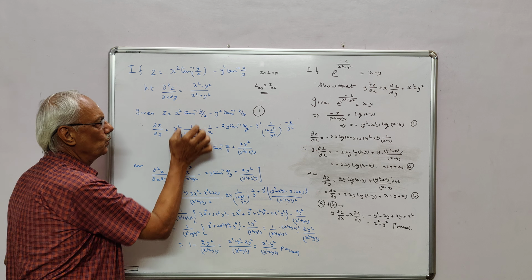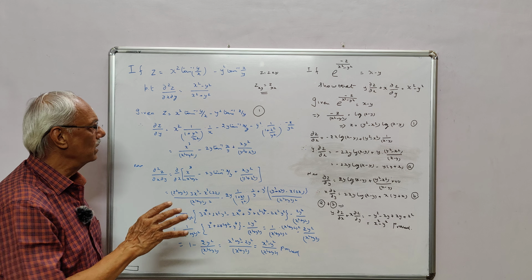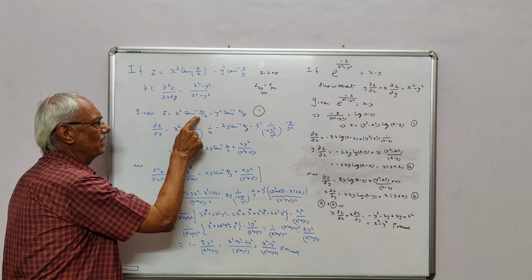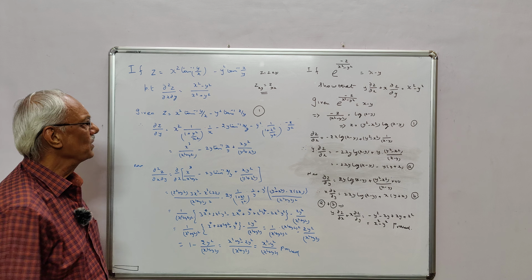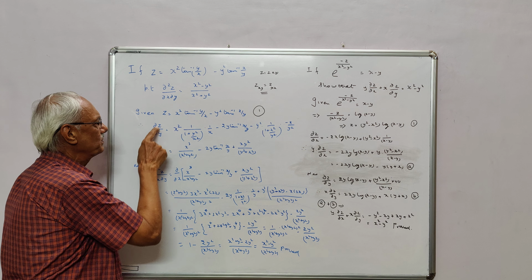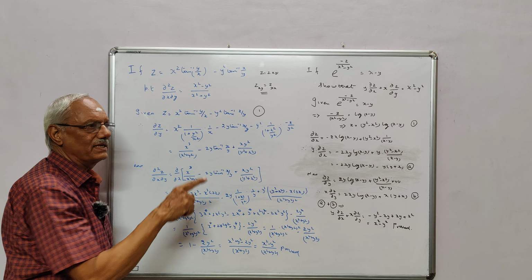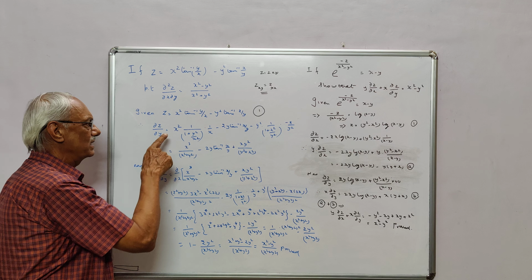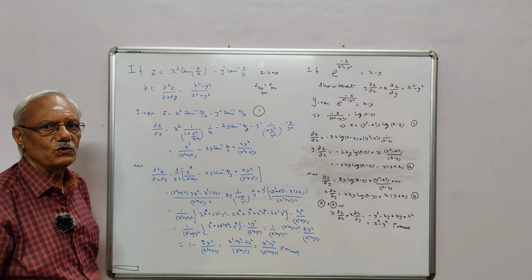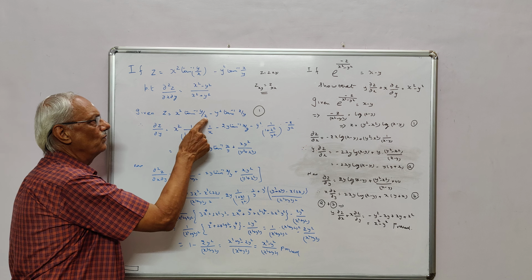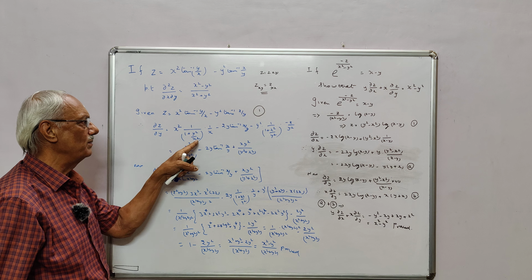Now I will apply the UV product method: you keep this x squared as a constant and differentiate this, then keep this as a constant and differentiate this. That is your product rule. As you are going to differentiate only with respect to y, this x squared must be treated as a constant. Therefore, x squared into the derivative of tan inverse of y by x partially with respect to y. The derivative of tan inverse of y by x is 1 by 1 plus y squared by x squared